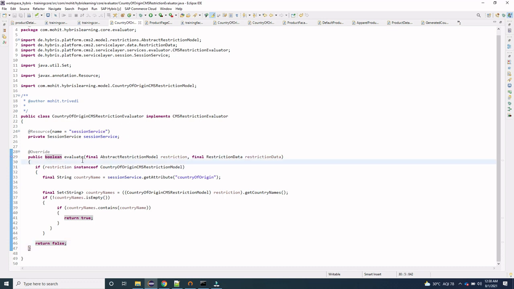Whatever custom logic you have to define, you have to define in this custom restriction only. So hope till now everything is clear to you, like why we have created this custom restriction evaluator, and why it is implementing this CMS restriction evaluator. So hope everything is clear to you now.